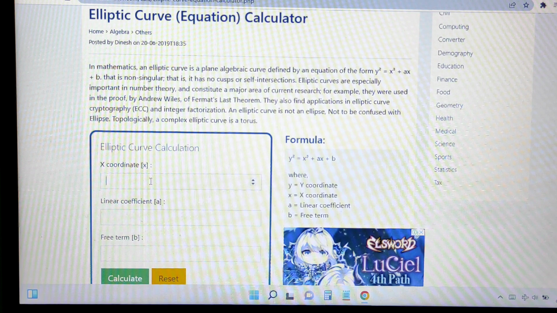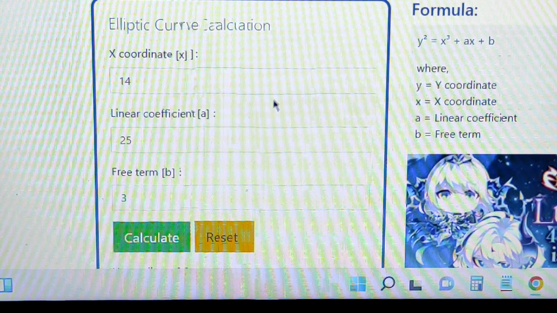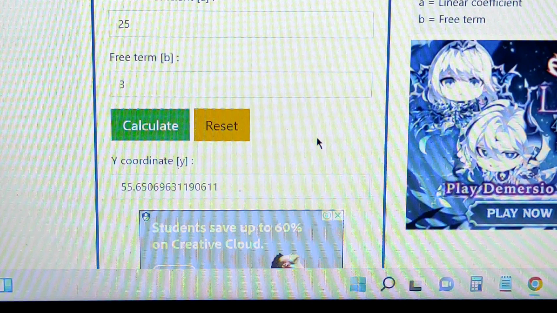So we will click calculate. So the y coordinate is curve